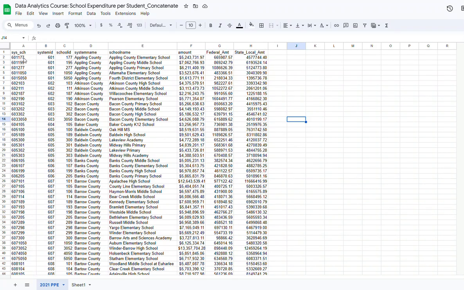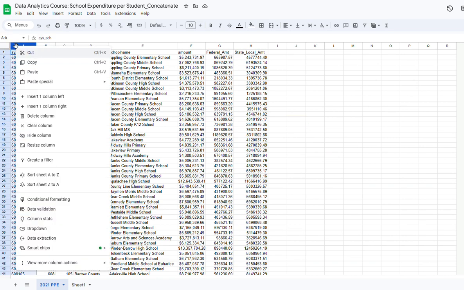So if we look, for instance, at the school in the first row, we can see that the system ID is 601 and the school ID is 177, and these two combined create a unique identification number for the school in the state, which is 601177. So let's pretend that I don't have this column in my data set, so I'm just going to go